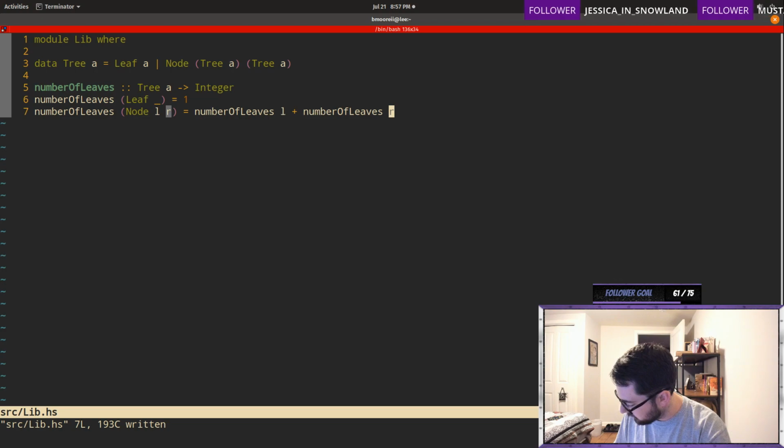Things get a bit hairier for our second example. Relabeling the leaves of the tree left to right. If you start with a tree T, the result of relabel should contain these same elements, but with each one paired with the index it would receive if the leaves of T were flattened into a list starting with the leftmost leaf and ending with the rightmost one. Okay. We can spend a long time trying to implement this function in a simple recursive fashion, as we did for number of leaves, only to fail. This suggests that we must hold on to some extra information throughout the procedure.